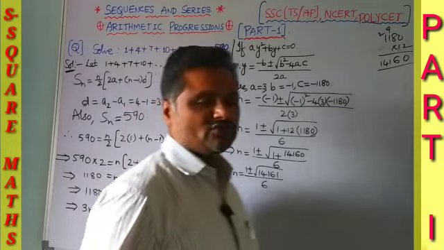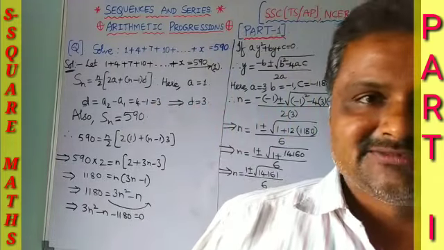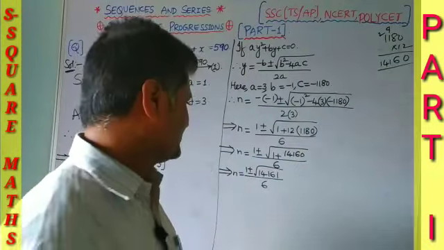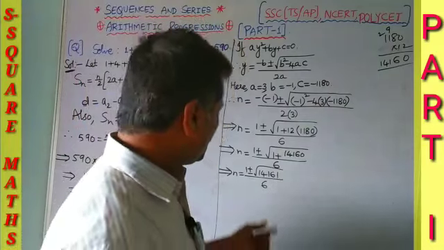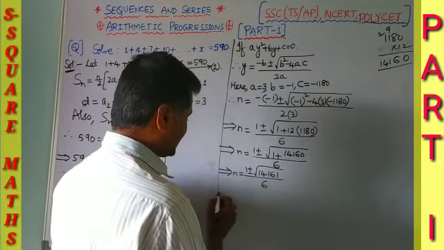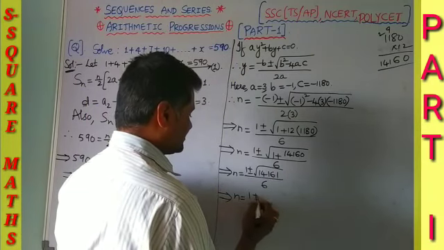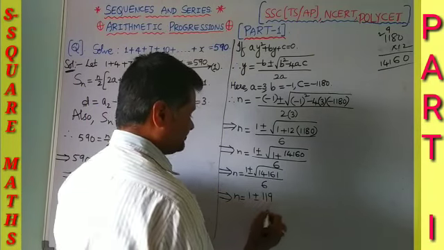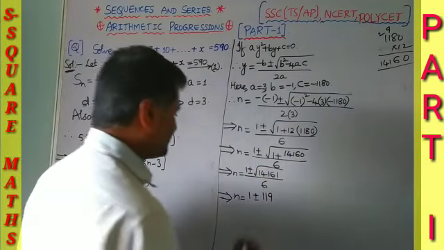So if you apply the dot method, bar method, comma method, nothing but the prime factorization method, division method, what we discussed in our 8th standard, you are going to get the square root of 14,161 as 119. So 1 plus or minus 119, its square root value is 119, by 6.